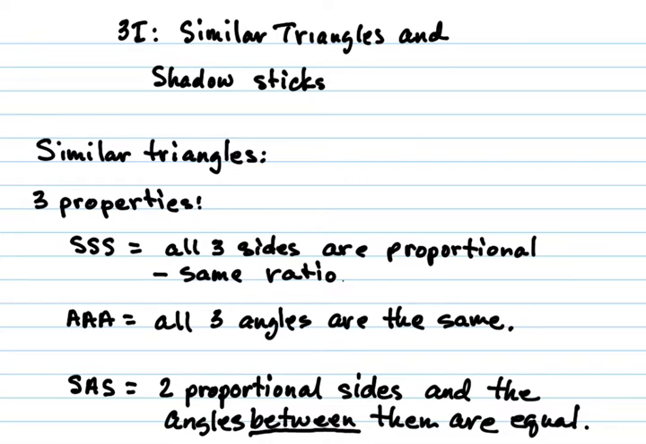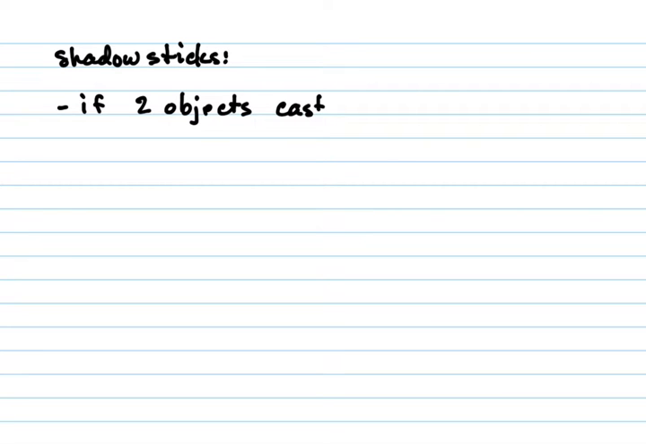The next thing we want to talk about is how we can use this idea of similar triangles to measure objects, the height of objects that we don't know, or the distance that we don't know the measurements of. And we can do that using shadow sticks. It's a really ancient technique. And it simply says that if 2 objects cast a shadow at the same time,